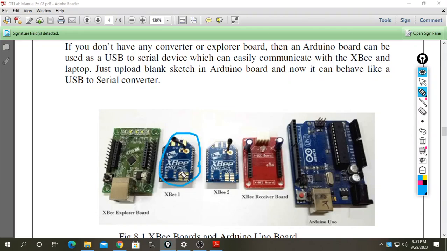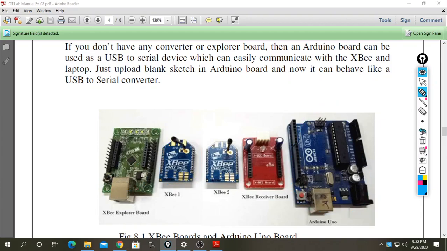I install this board over the XBee Explorer board, and this XBee2 board I will install over this XBee receiver board and connect this receiver board to my Arduino board. This is my Arduino board, this is my Explorer board, and this is my receiver board. These 2, one is transmitter, another is receiver, or vice versa.